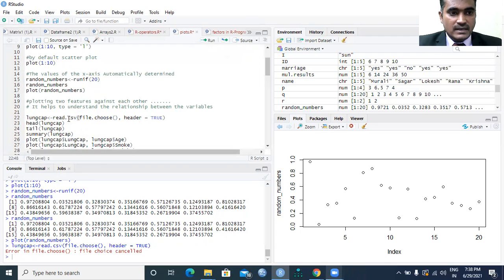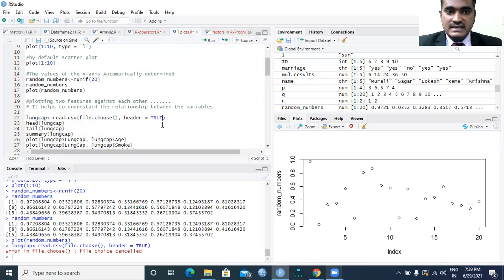I'm going to create a variable named lungcap with the left assignment operator. I'm using the function read.csv because my file format is .csv, and I'm using file.choose so that the file is chosen by my own selection.